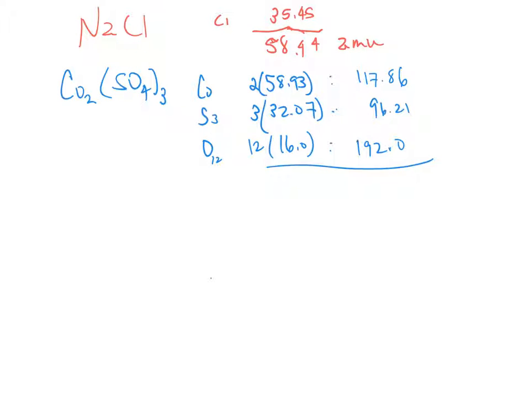117.86 plus 96.21 plus 192 equals. So this one is 406.07 AMU. That's it. That's the end of this chapter, really. It may seem like